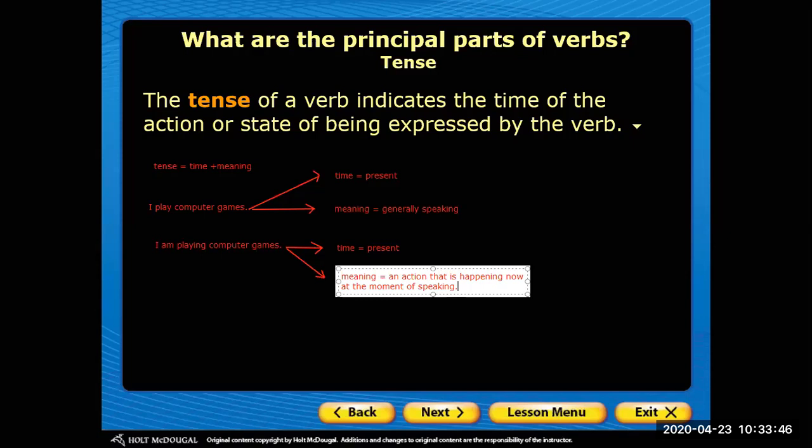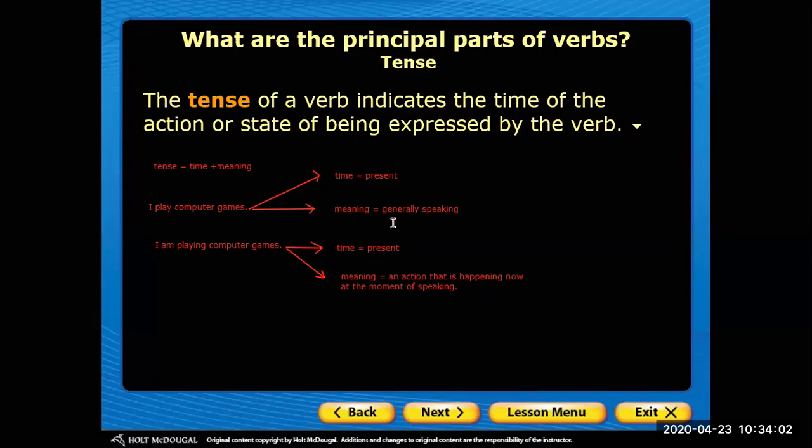So what are you doing now, love? Hey, Mazen. Hey, Umar, what's up? What are you doing? I'm playing computer games. When? Now. Right, Mazen? Yes. So the difference between this sentence and this sentence is on the meaning level, or meaning-wise, if we might say so. The similarity is they both have the same time, which is present, but the meaning is